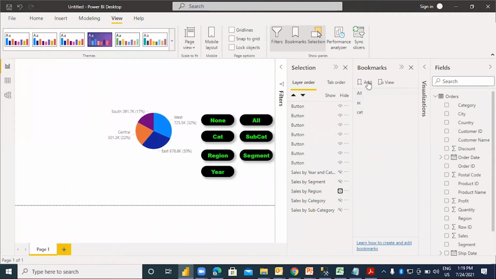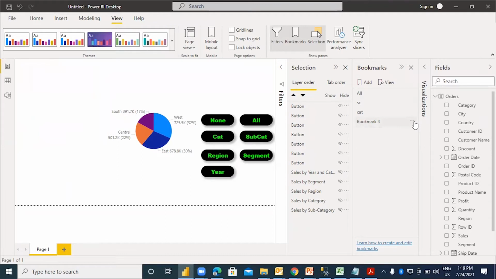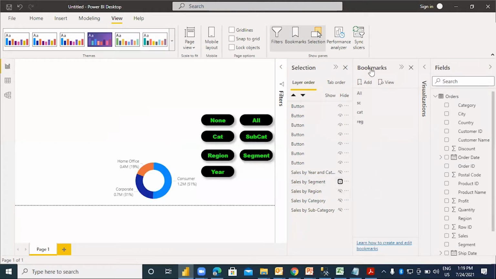Then we have region, add, region. Then segment. I will say add, rename, segment.